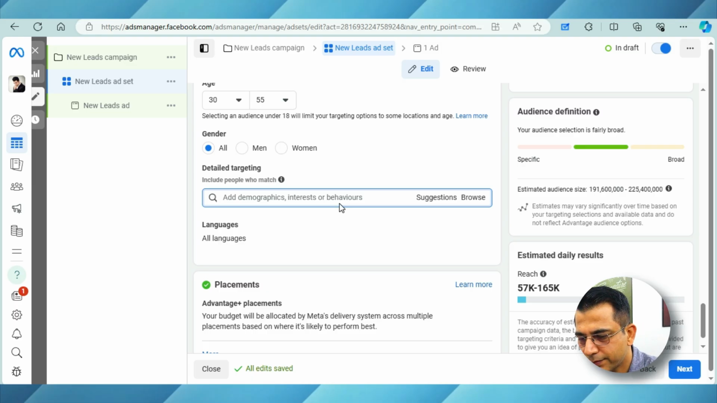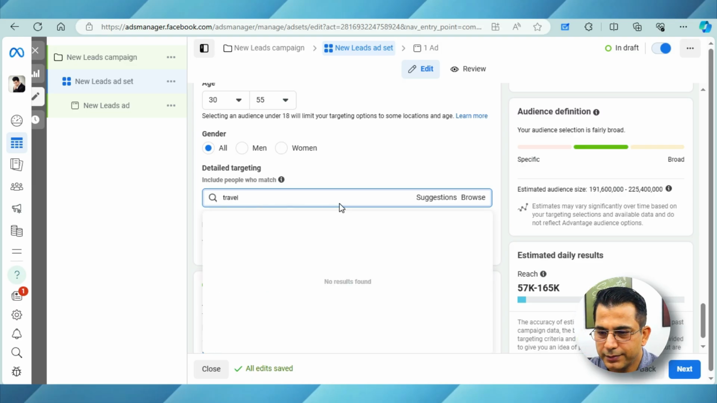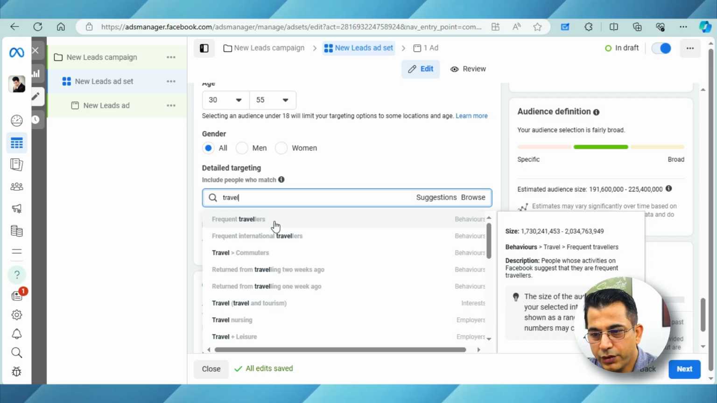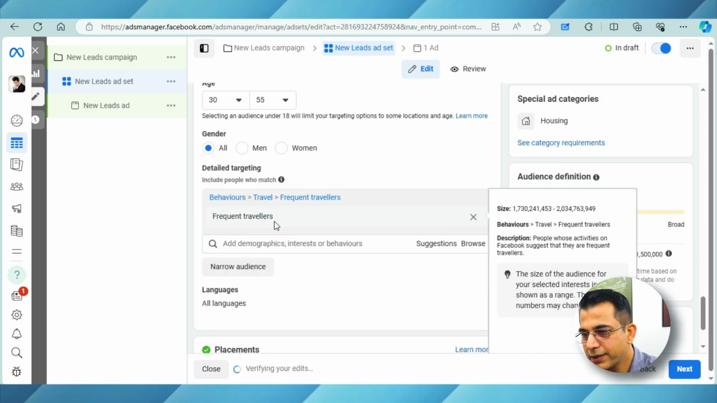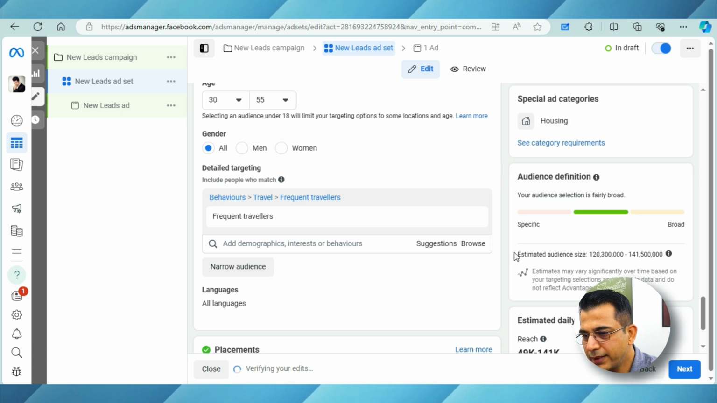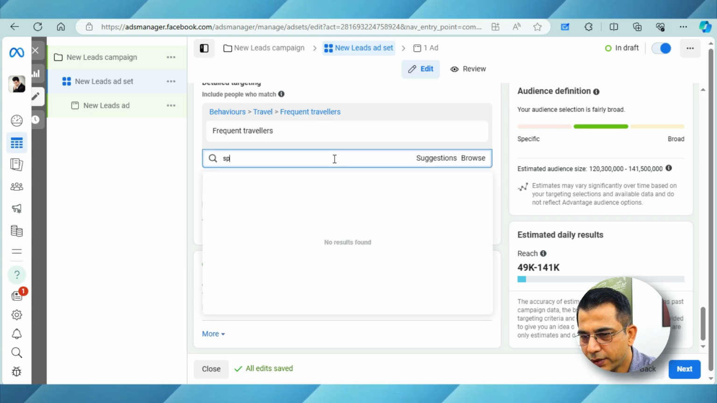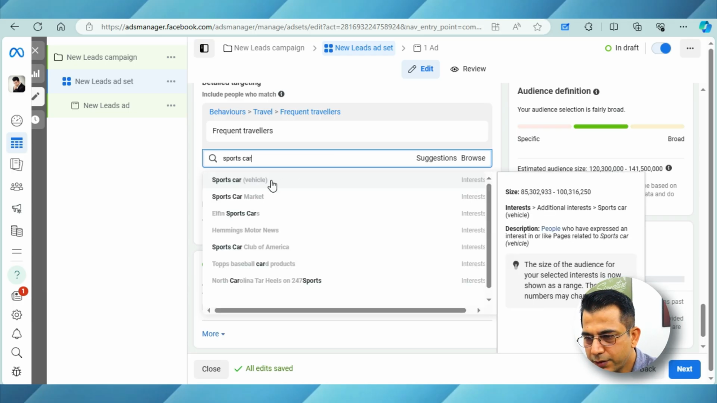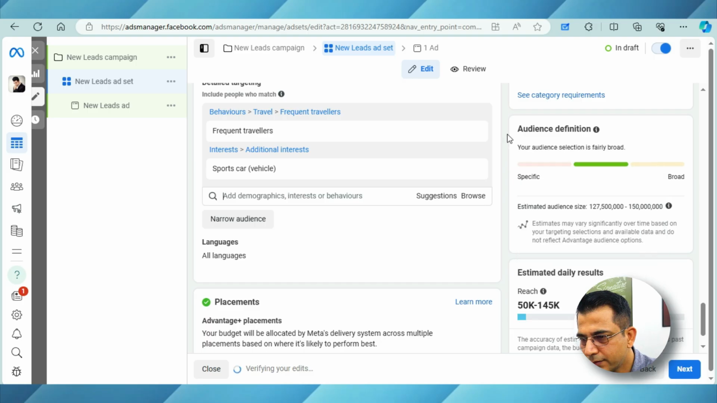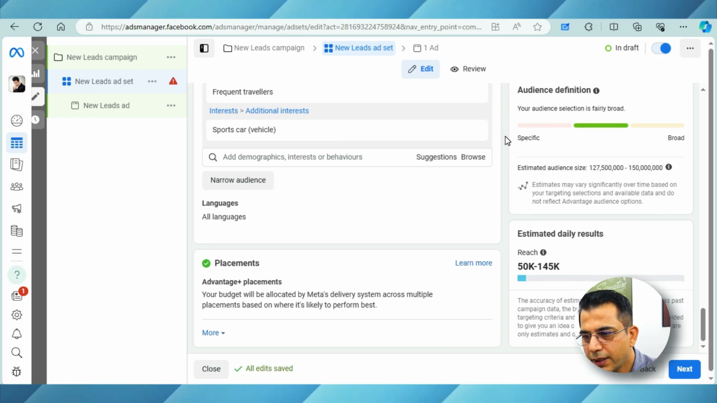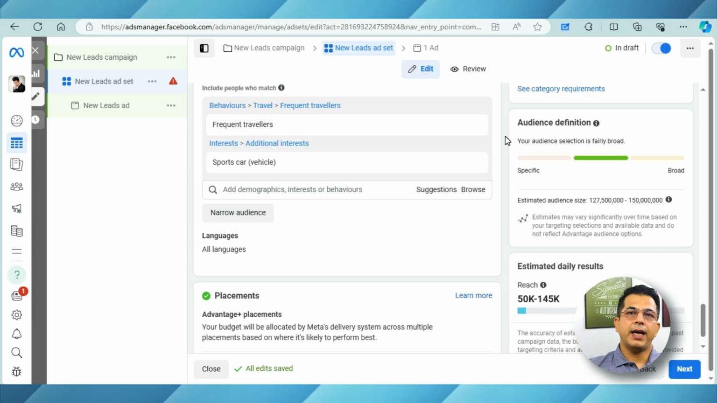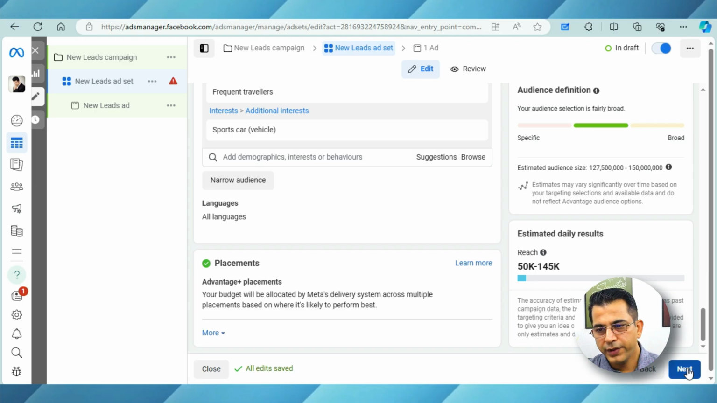For example, travel. So you want to focus on frequent travelers. So the moment you do that, the estimated daily results change. And let's say sports cars. So this is how you will add their interest and behavior. Okay, so moving on,